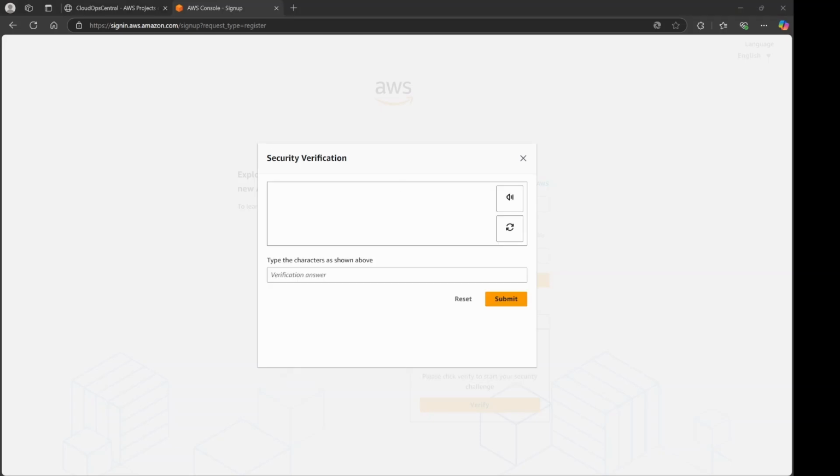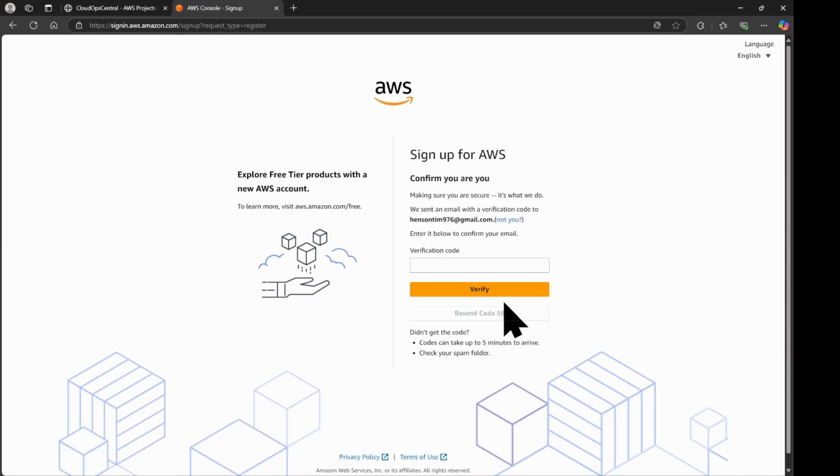Once you click on verify the email address, they will send you an email link, and you just wait for the link, and once you get the link, then you can verify the email address. Of course, you will have to enter in the security code. AWS is very good on security, so they will make you do this several times. Sometimes this is hard to read, and if you can't read it, it'll give you an error message, but otherwise it will go through and give you